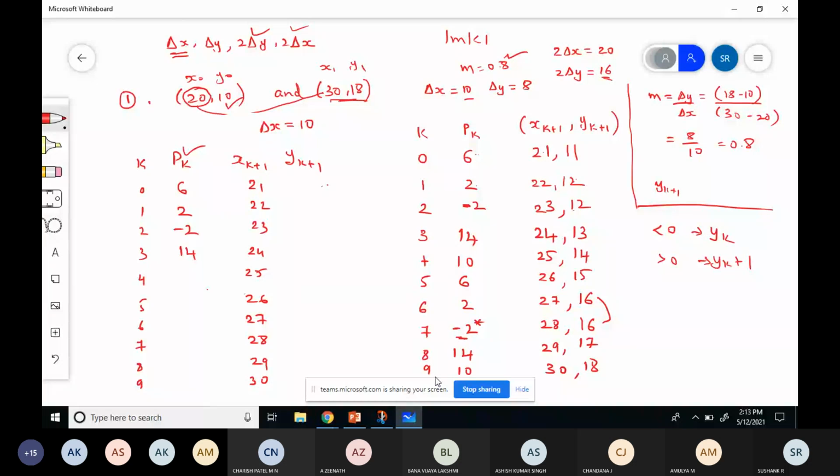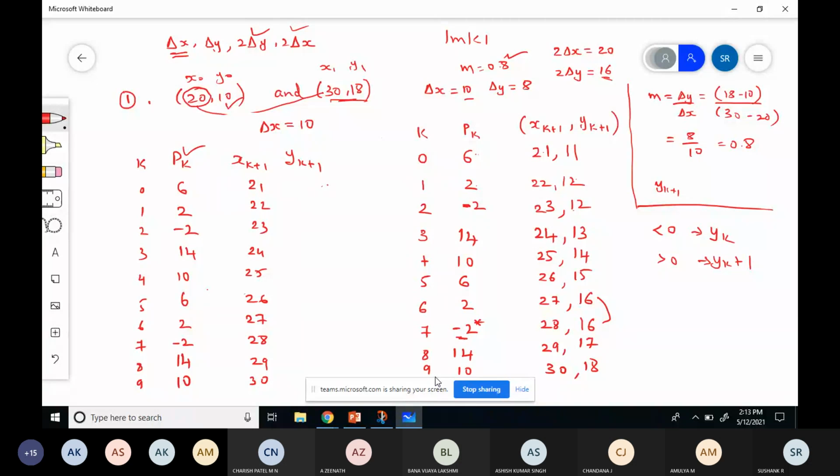14 again. Repeat the steps. 14 minus 4, 10. 10 minus 4, 6. 6 minus 4, 2. Again 2 minus 4, minus 2. Again change of sign, change of formula, it will be 14. 14 minus 4, 10. So this is one way to remember, one way to cross verify if you are going somewhere wrong.